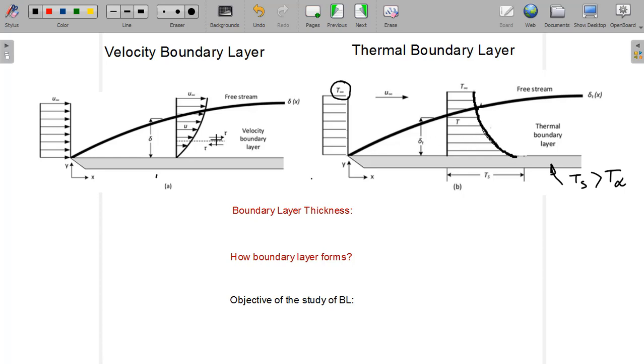So you can make an analogy that here the parameter is velocity u, and the similar one-to-one parameter relationship you can find is the temperature. Here it was the velocity variation. As you can see the velocity distribution, how it is varying, and here you see the temperature variation.